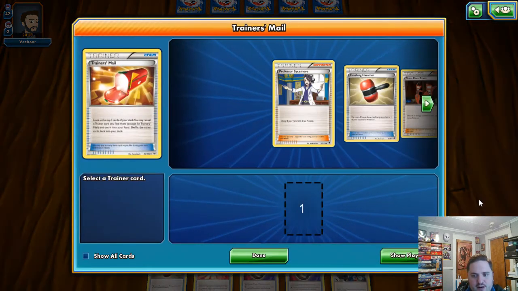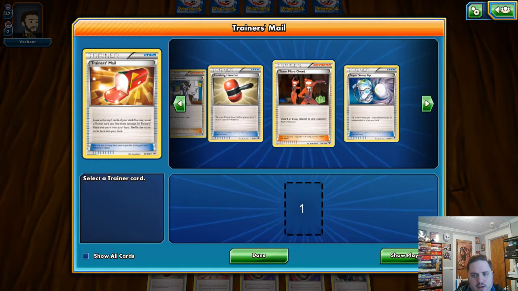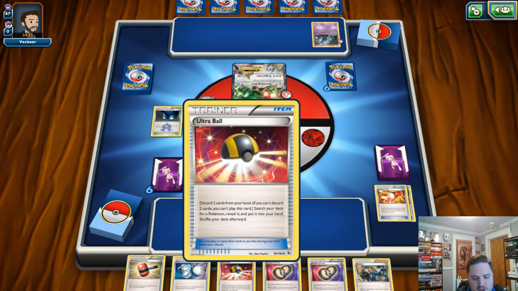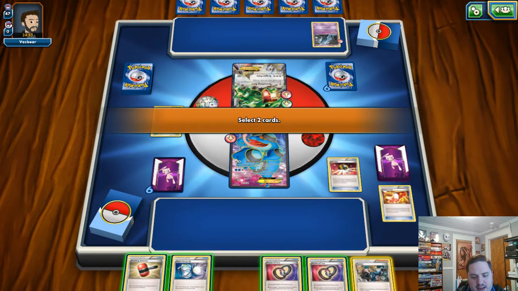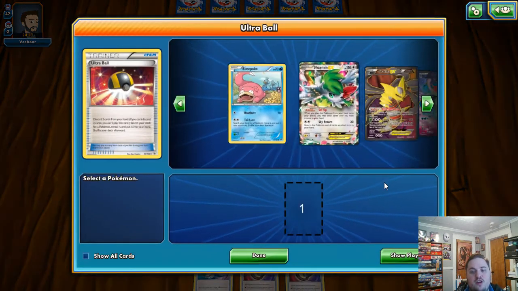Let's see what we can get in here. Trainer's Mail. Let's take the Scoop Up, so if I can scoop up the Shaman and use it again, we can do that. We'll get rid of Cassius and the Crushing Hammer, and we'll go for Shaman. I really, really, really want...